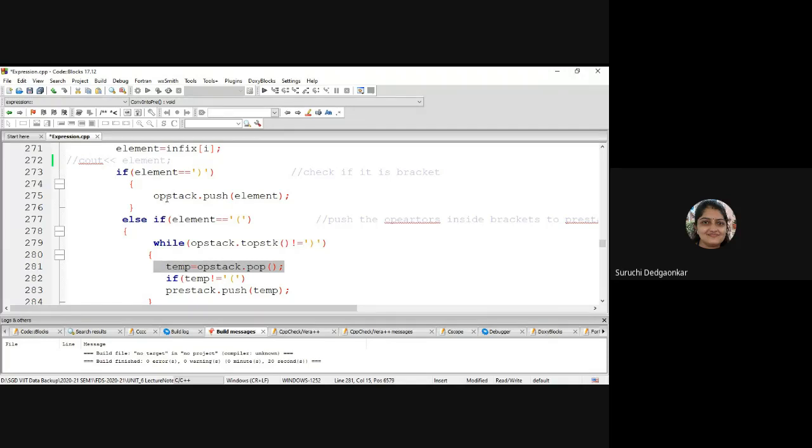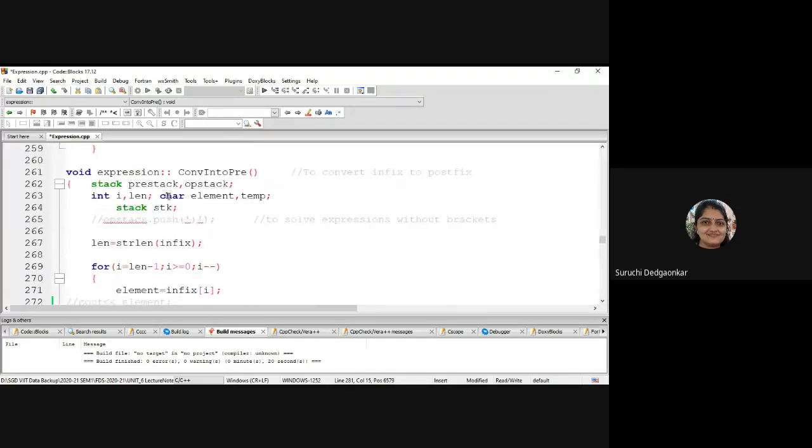And after popping, here we are now utilizing two stacks as we discussed yesterday. One stack will be holding the operators, another stack will be holding our temporary prefix expression. At the end we will pop everything from this prefix stack, because we do not get the final prefix expression until we reverse the temporary expression. So the temporary expression we are storing in pre-stack, another object of the stack. Here we are storing the expression, not directly in a string.